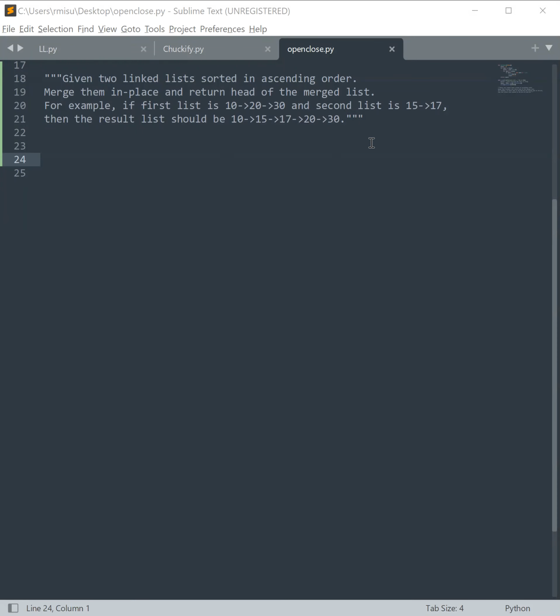This is problem number 6. Given two linked lists sorted in ascending order, merge them in place and return the head of the merged list. For example, if the first list is this, and the second list is this, then the result list should be the two merged. Something to note is that these lists are already